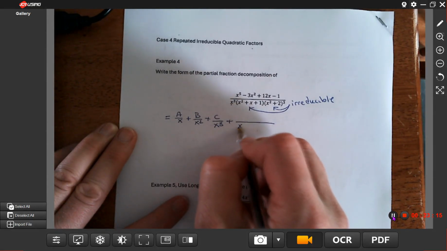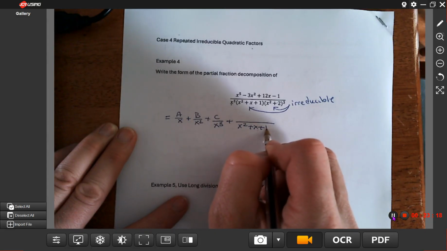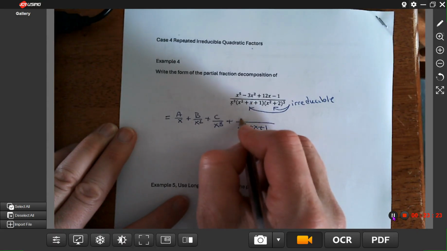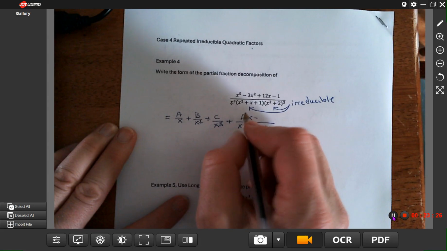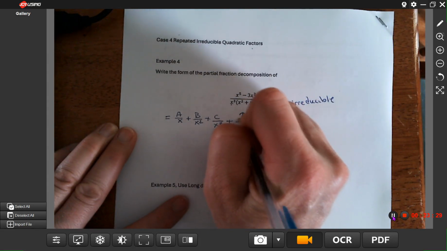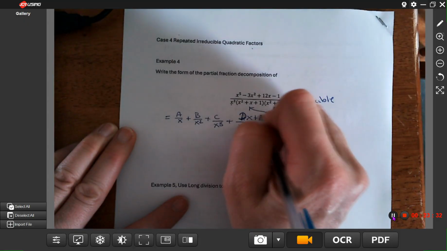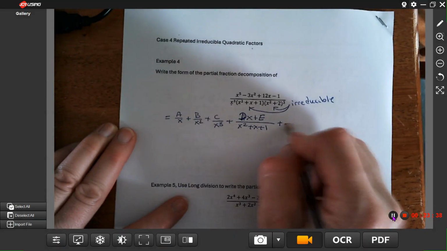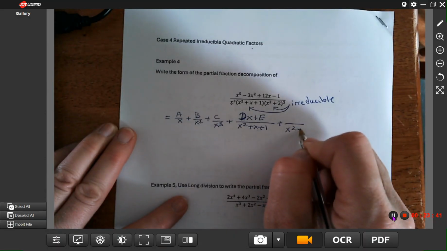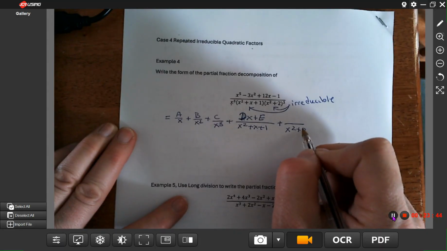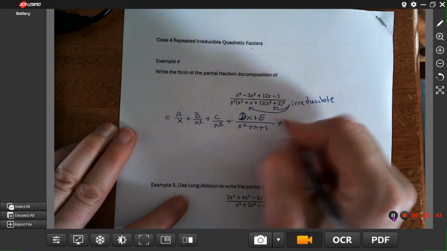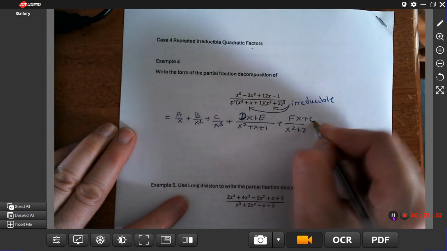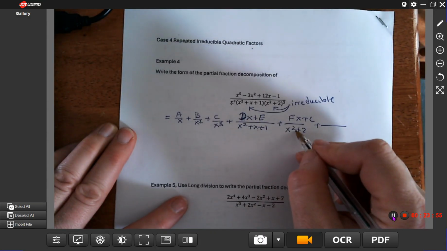And then this is an irreducible quadratic factor, so x squared plus x plus 1. And the numerator for a quadratic factor is going to be linear, so it can't be d, can't repeat letters, dx plus e. All right, and now I have 3 of these. So as you might guess, the denominator needs to be the quadratic factor, and we have a numerator that's linear, but it has different coefficients, so I'm up to a, b, c, d, e, fx plus g, and then